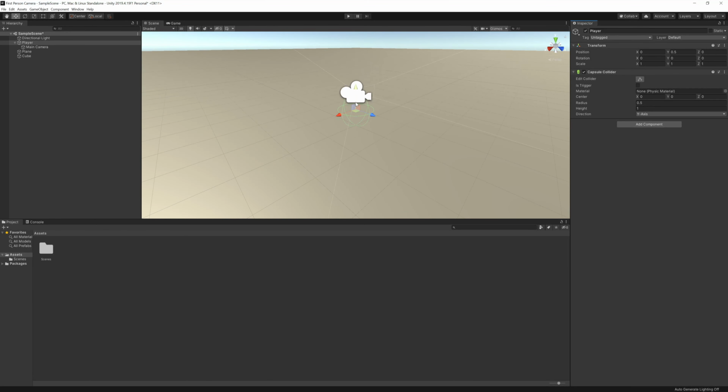So as we see here, our camera is just above our capsule collider that we added to the player game object. So what's the difference between a box collider and a capsule collider? It has to do with kind of what it's looking at. So a box collider is looking at basically the bounding box of certain objects based on their